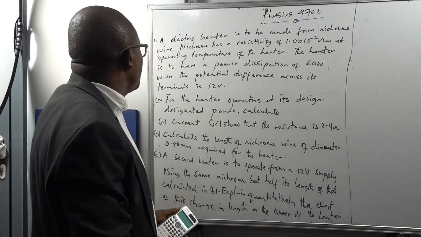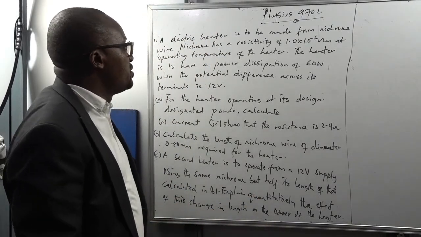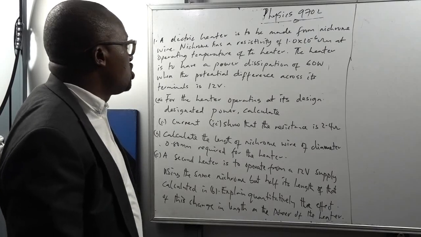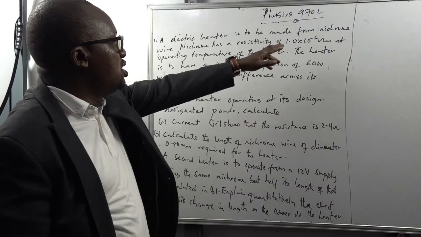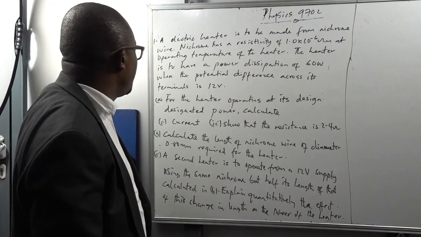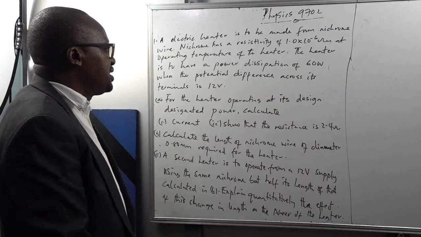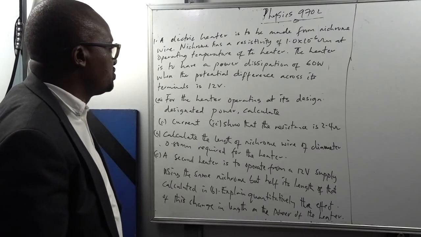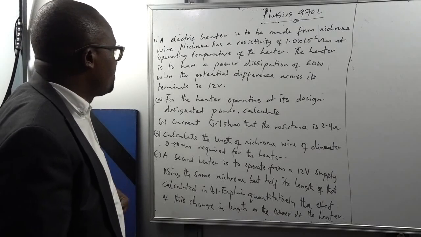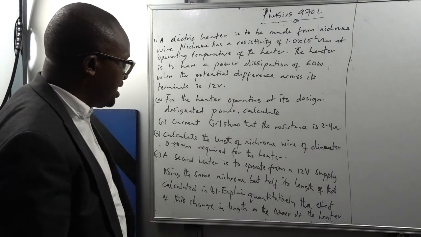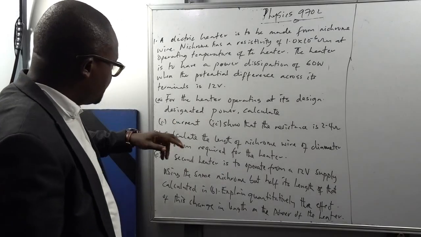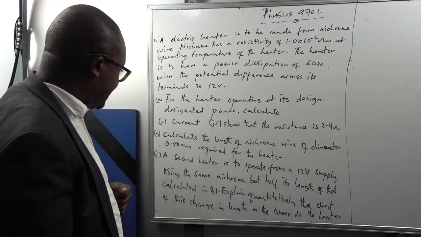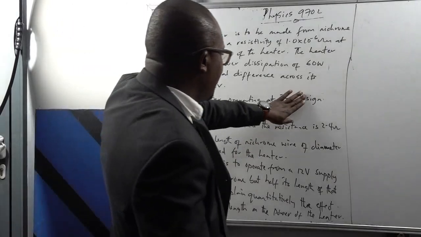Look at this question. An electric heater is to be made from nichrome wire. Nichrome has a resistivity of 1.0 times 10 to the minus 6 ohm meter at the operating temperature of the heater. The heater is to have a power dissipation of 60 watts when the potential difference across its terminal is 12 volts. A. For the heater operating at its designated